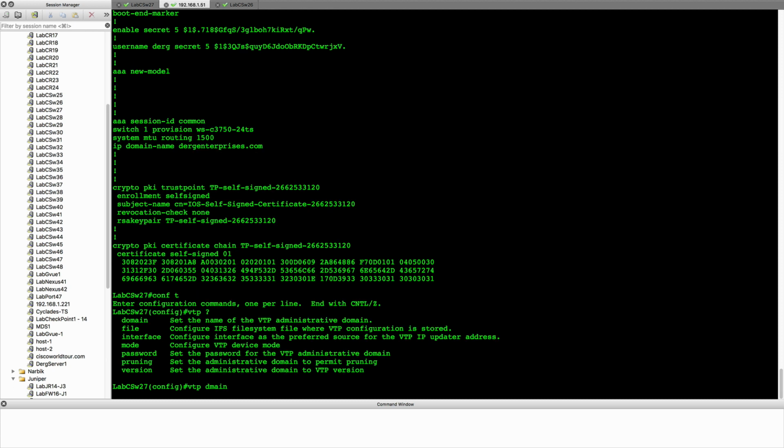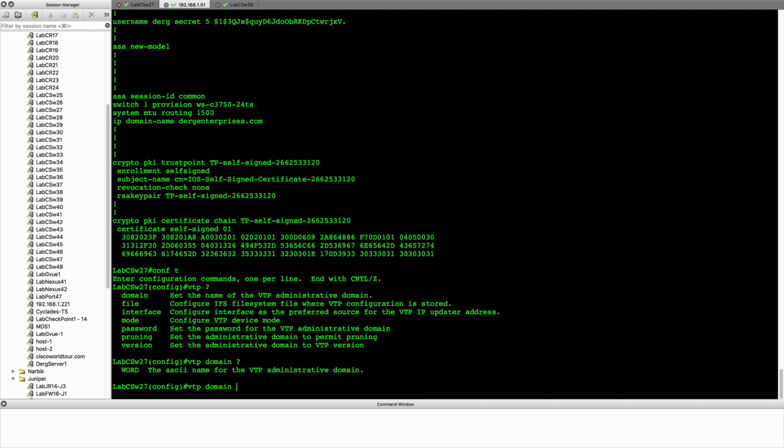So a domain, and then what I want to call it. Just the same thing. It really doesn't matter. It only matters when you connect it to other switches and you want them to communicate through the same VLANs. Even though they don't propagate information from each other with this very next command,